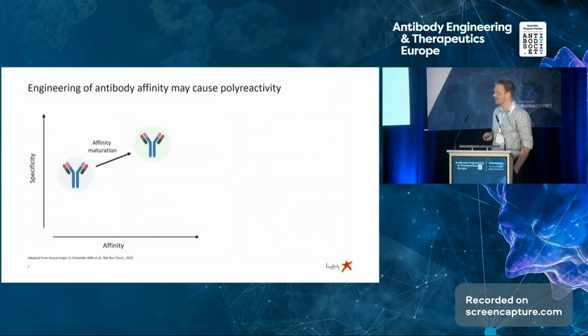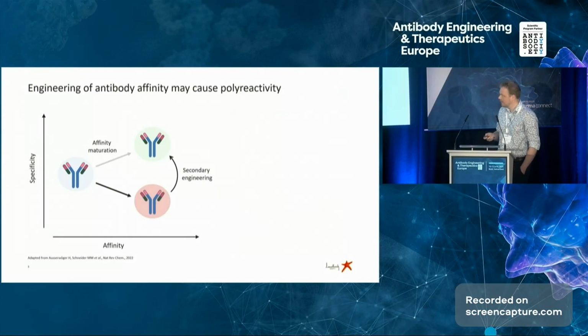This is a classical challenge. The aim is to drive up affinity of an antibody, usually with the aim of getting higher potency. What can happen in that situation is there is also a loss of specificity. So basically, in the process, we lose a bit of specificity, and we get some weak interactions to other targets along the way, and we term that